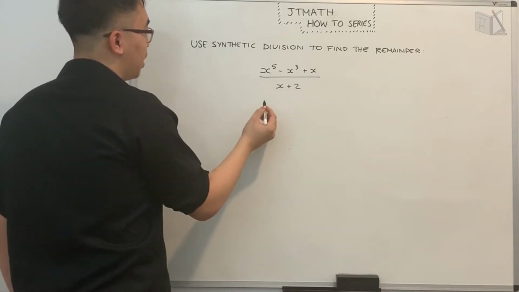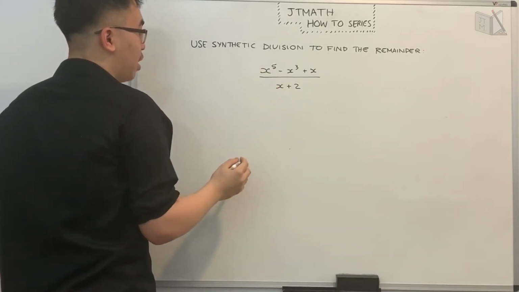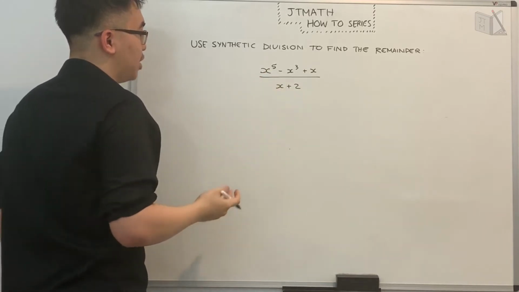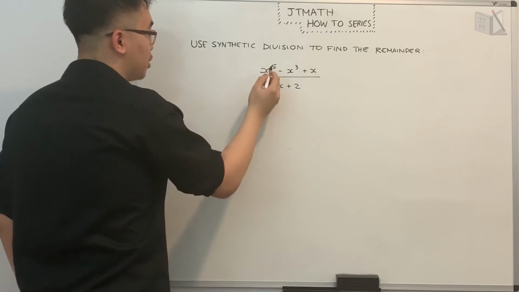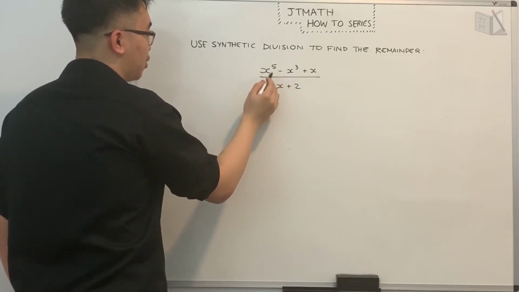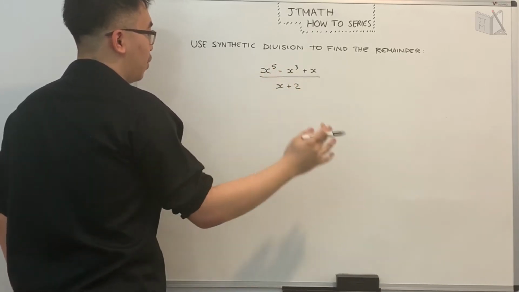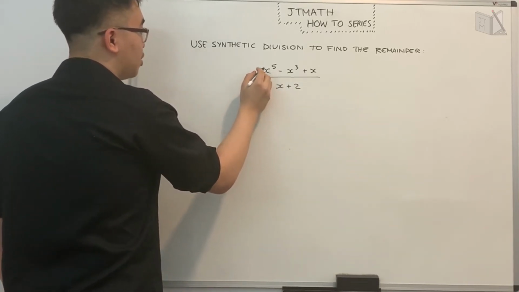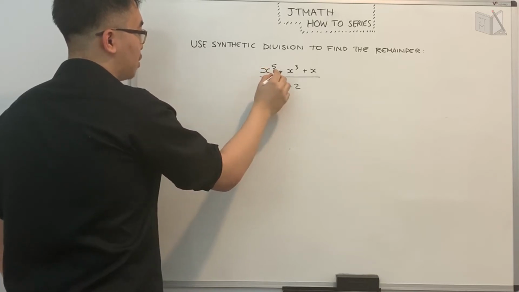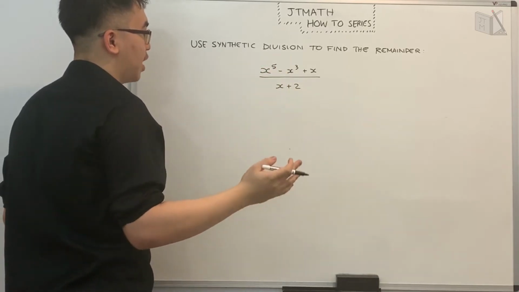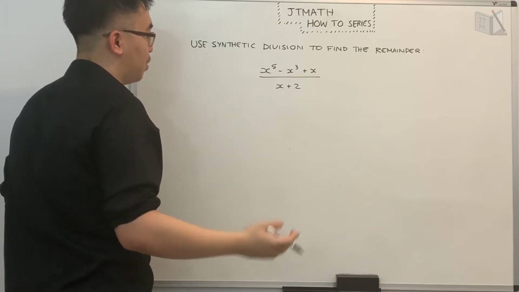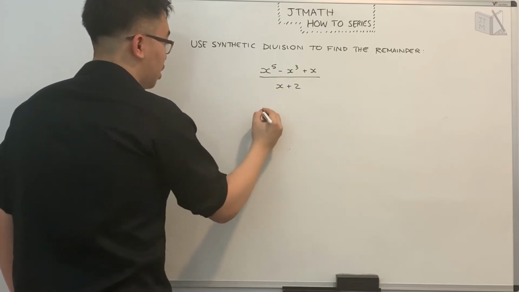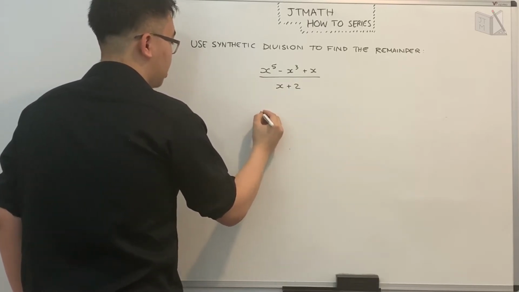Firstly, we must make sure that the dividend, which is the numerator, is arranged where the x's have their powers arranged in descending order, meaning that the largest x power goes first and then the second largest all the way to the least. Secondly, when we start from x to the fifth, we must also have an x to the fourth and then third and then second and then power of 1 and then power of 0. That way it just makes sure that we are able to carry down our numbers correctly,